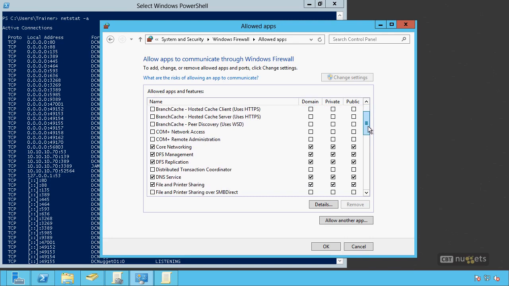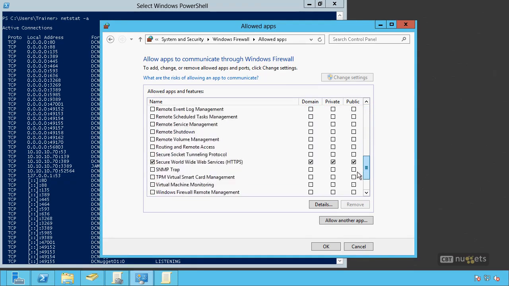Notice that some of these are already selected. Did I select any of these? No, not a one of them. So how did they get selected? Well, anytime you add a Windows feature or a role, it knows that it needs to already open up those